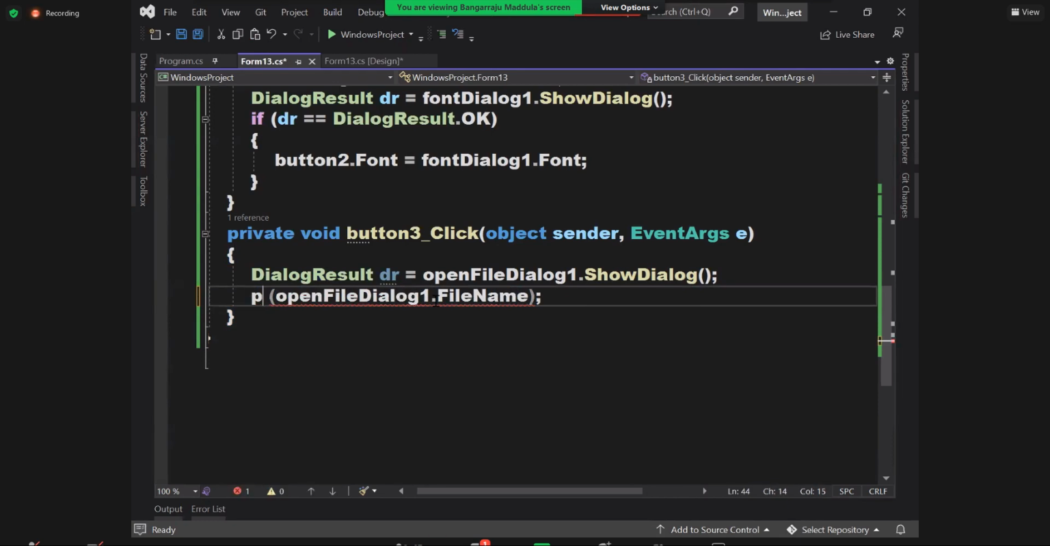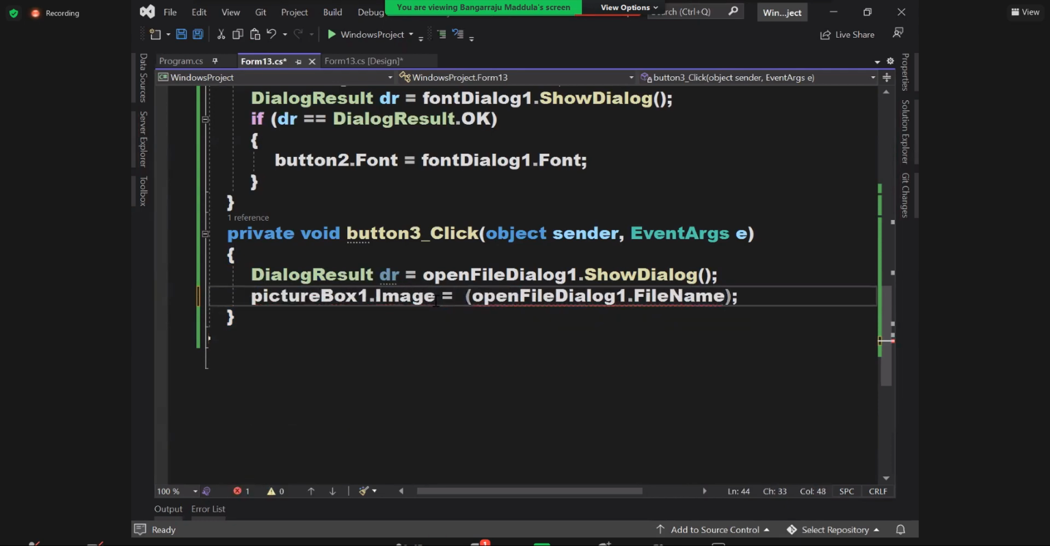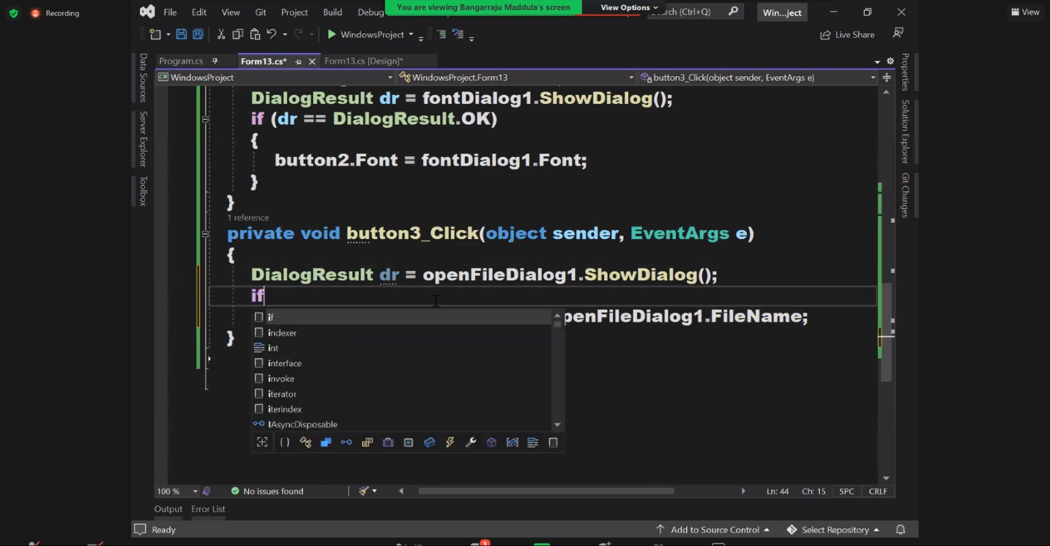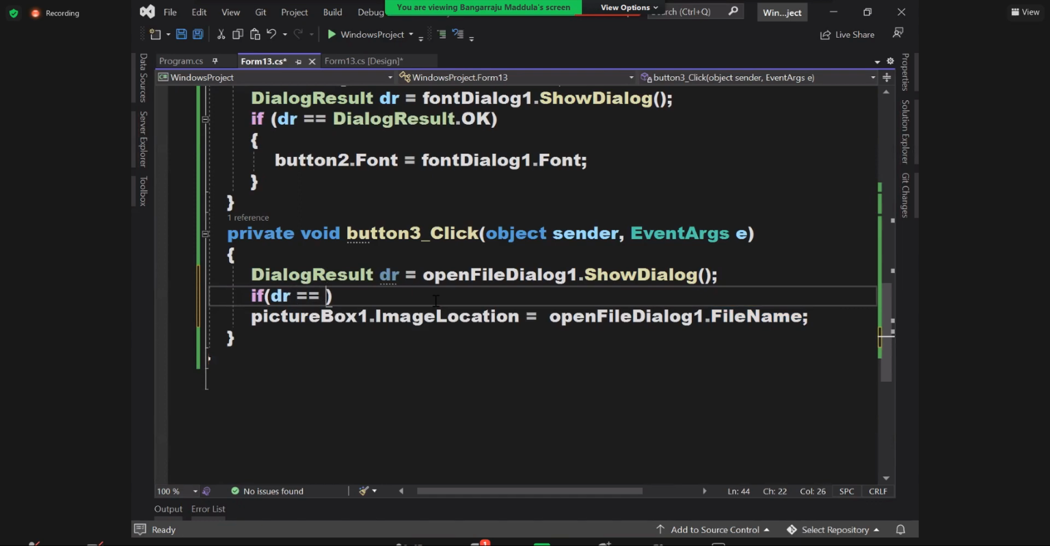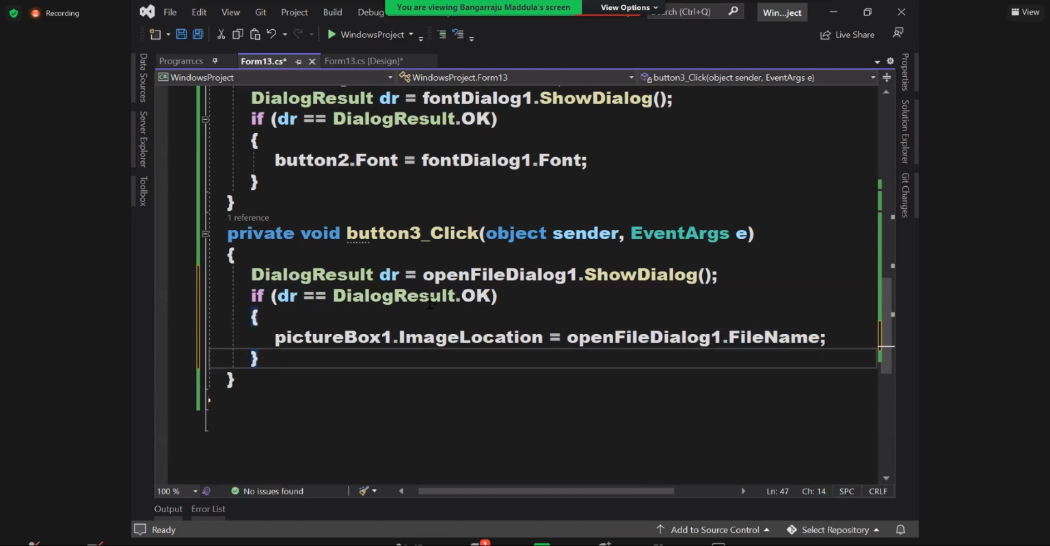Just now I explained how to load an image in the picture box. PictureBox1.ImageLocation is equal to the path. Earlier we wrote a static path; now I'm picking the path from the dialog. But here also be careful: if the dialog result is DialogResult.OK, then only we should load it. Otherwise, to be clear,